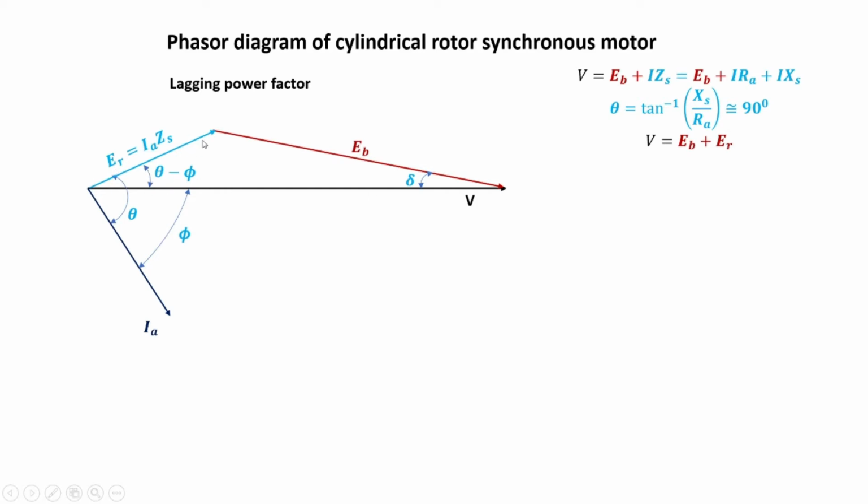Now from this tip we can draw a perpendicular to this voltage phasor so that these two angles become 90 degrees. Now let's mark different points as O, A, B, C and D. Let's consider this right angle triangle ADC. In this right angle triangle, EB is equal to AC. So AC square is equal to AD square plus CD square. What is AD? AD is equal to OA minus OD. So in order to obtain OD, we can use this right angle triangle ODC.